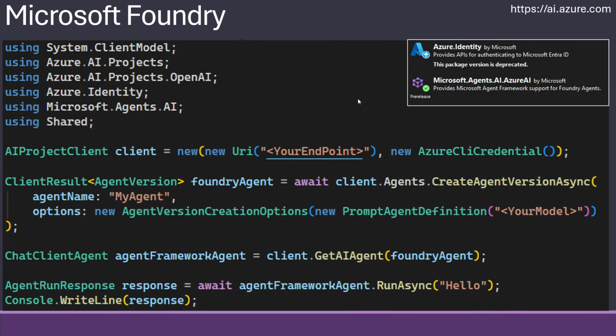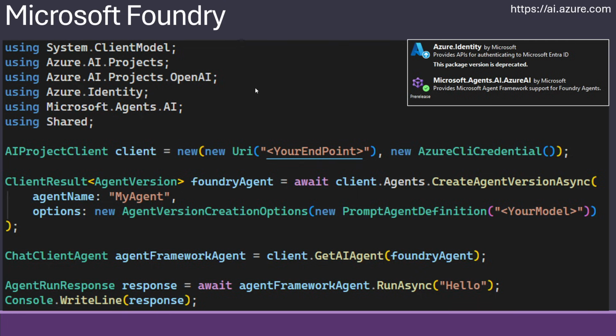In order to use this, you need to get the Microsoft Agents AI Azure AI, because it has a special NuGet package, and inside that there are some Azure.AI.Projects NuGet packages that are transient.